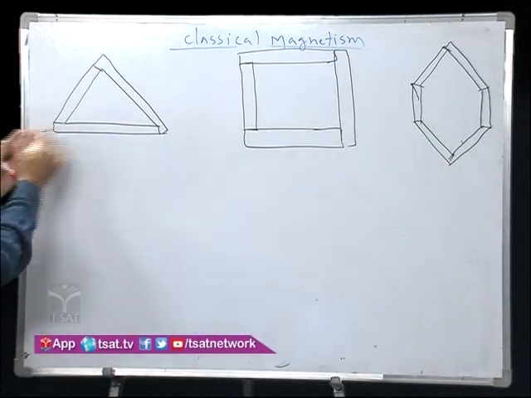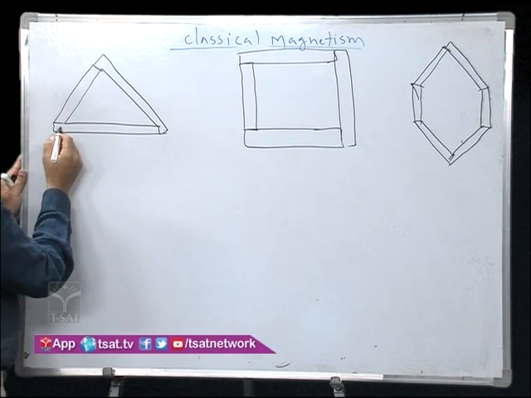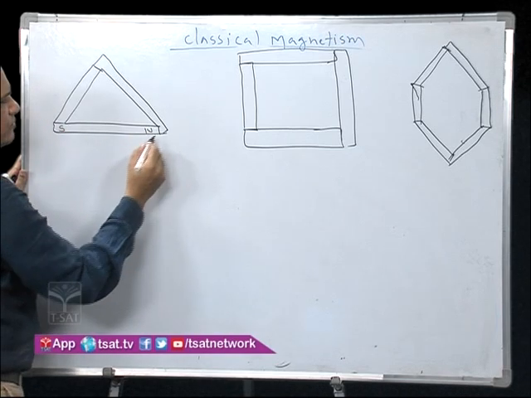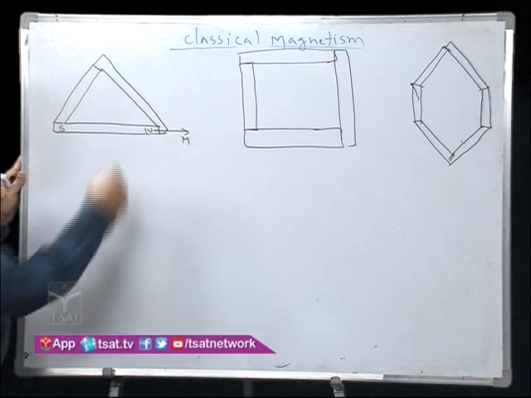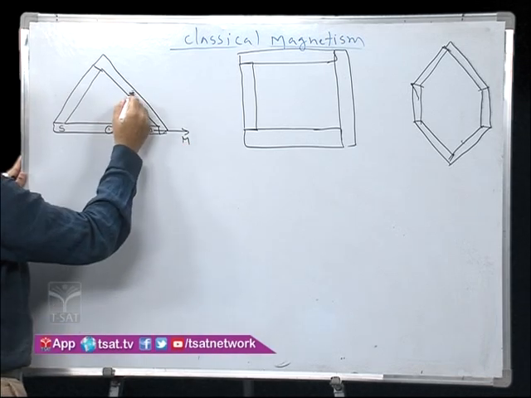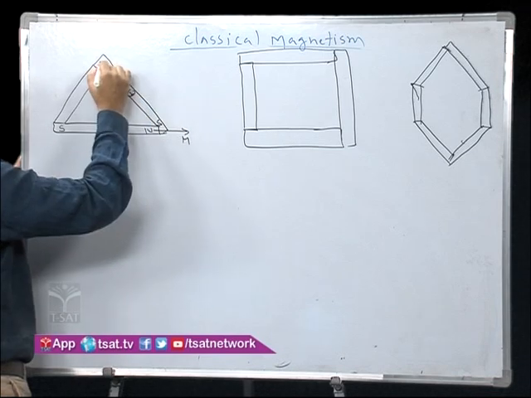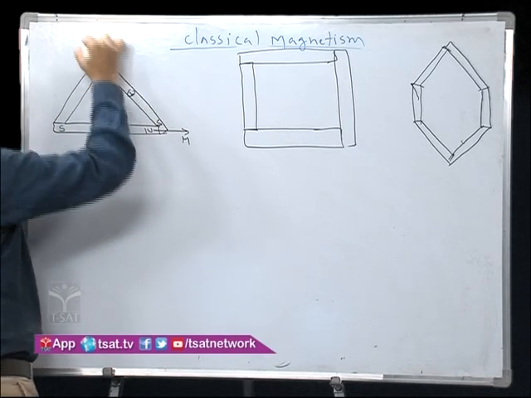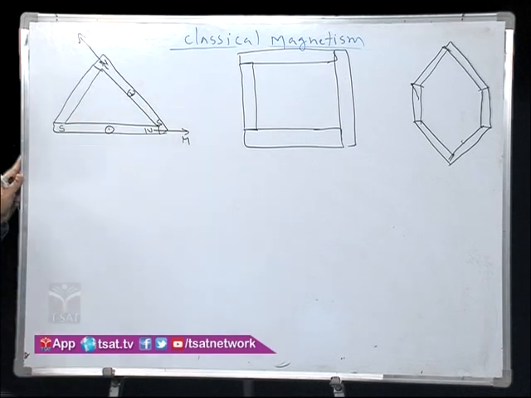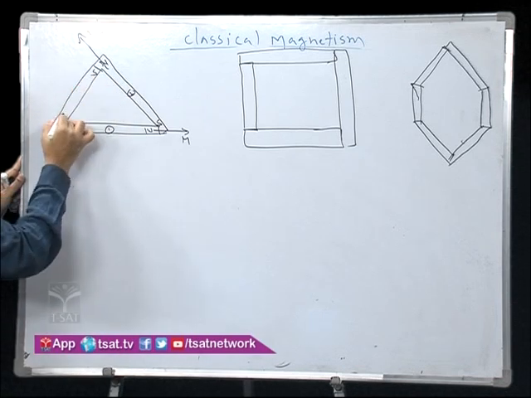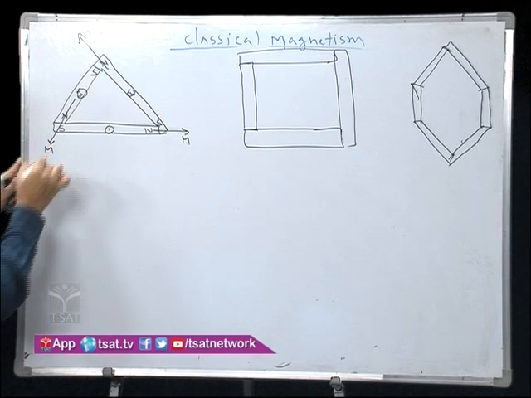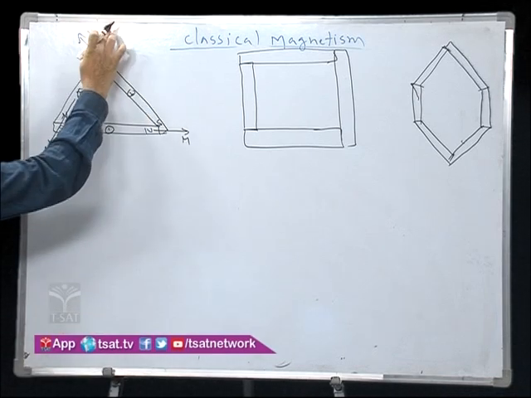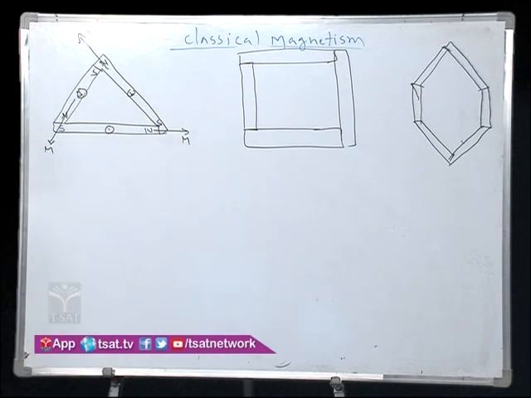And arranged such that taken in order. See here, first bar magnet south to north. The magnetic moment is identical, so you take that m. And the second bar magnet, you are taking in order, that means south to north, the magnetic moment of the second bar magnet is m2, and south to north, the magnetic moment of the third bar magnet is m. So m1, m2, m3 all are identical, meaning same magnetic moment. Then what about the resultant magnetic moment?